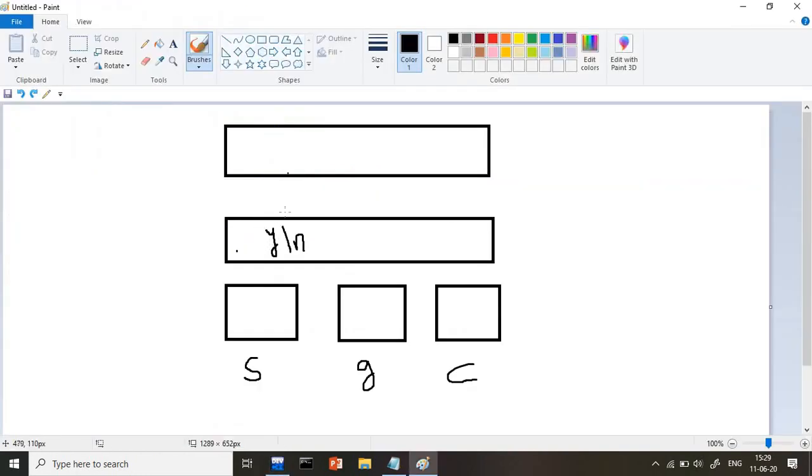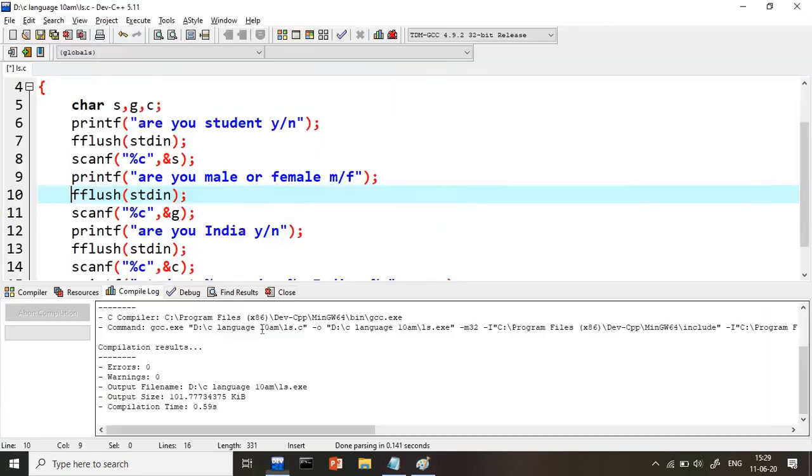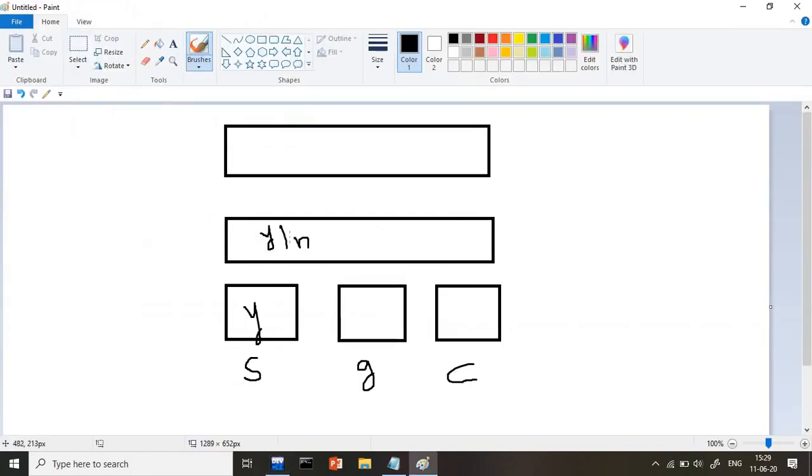Suppose I use the first character Y, before that I use fflush, so first it will clear the buffer. But before reading the first thing nothing is there, so no need to worry. Second, I gave Y and slash n. Y went to the S place. Now, before reading the second character, before are you male or female, we are using fflush stdin, so Y has gone and slash n is left.